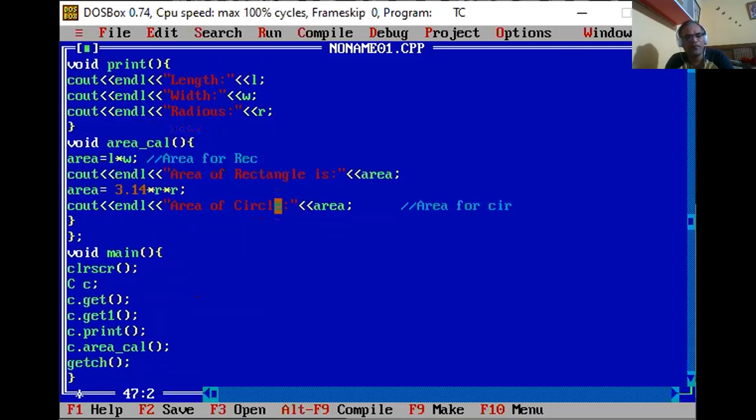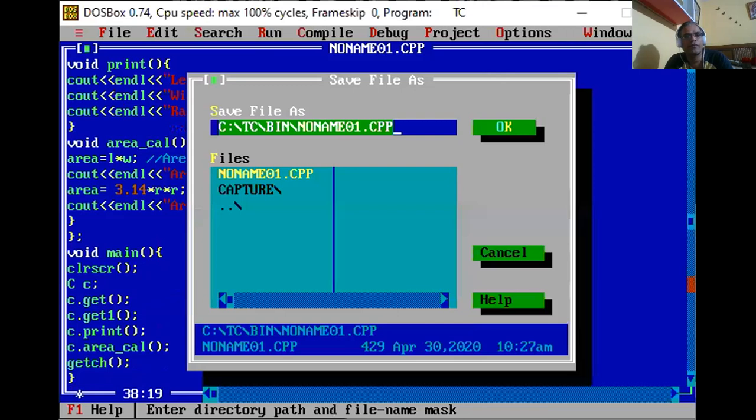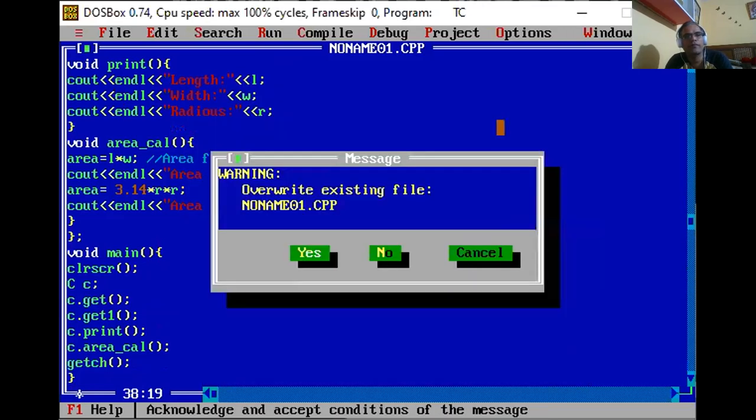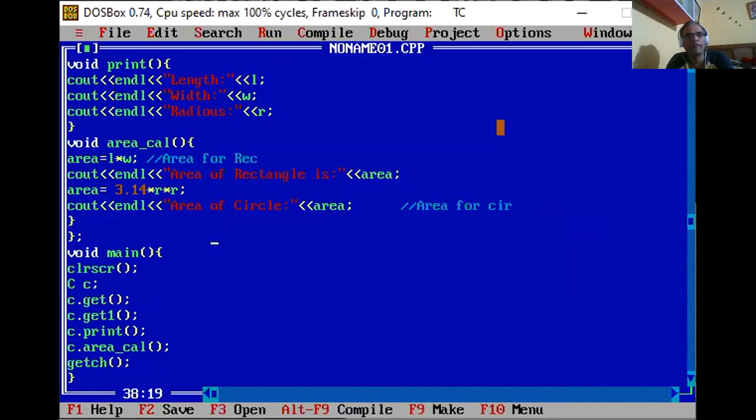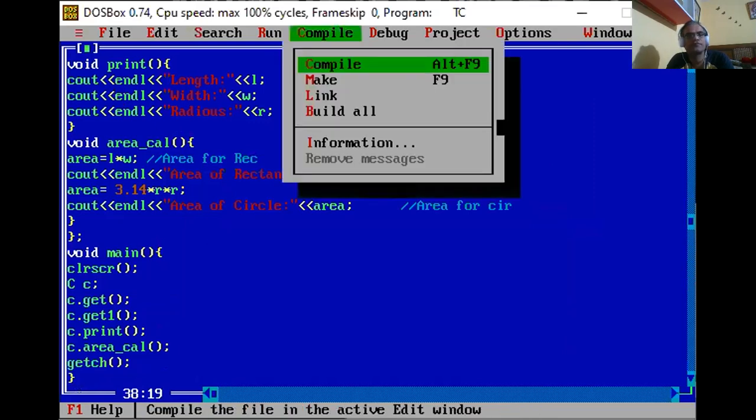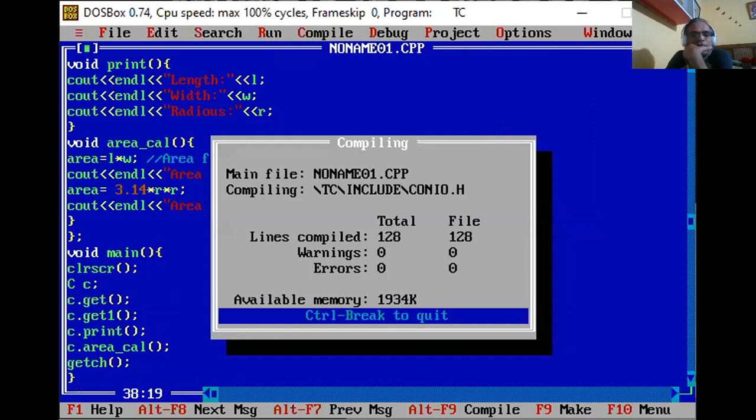Now first we save this program and then compile. Let's see if there is any error. I can see there is no compilation error.